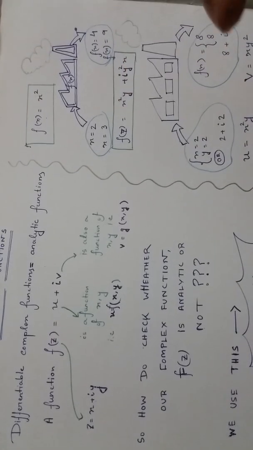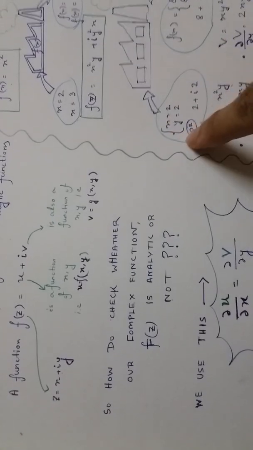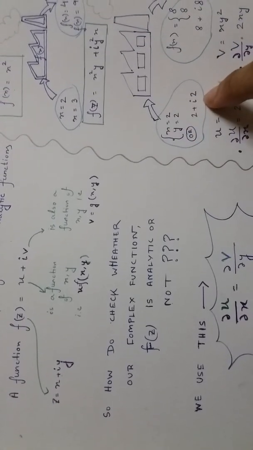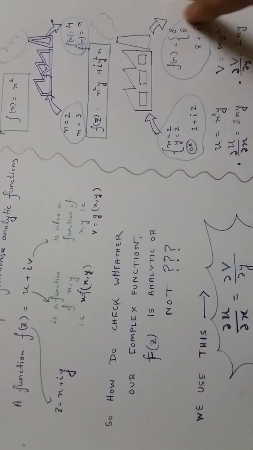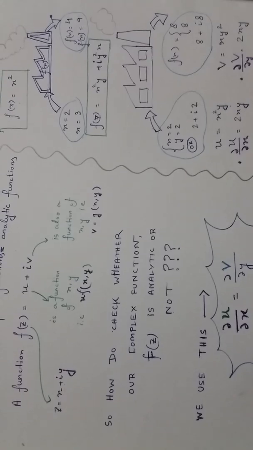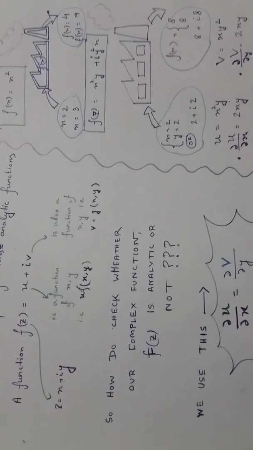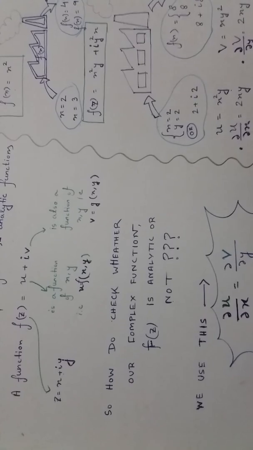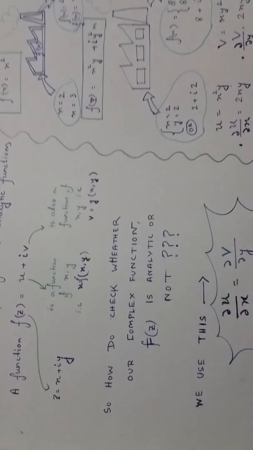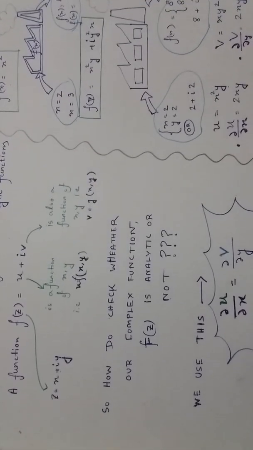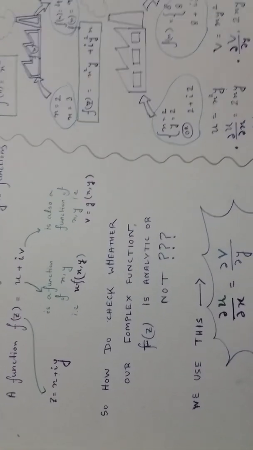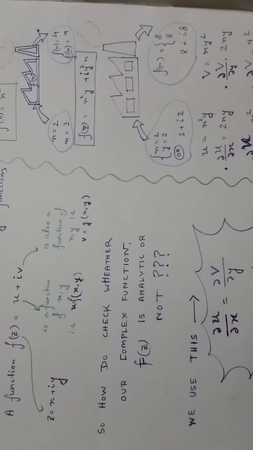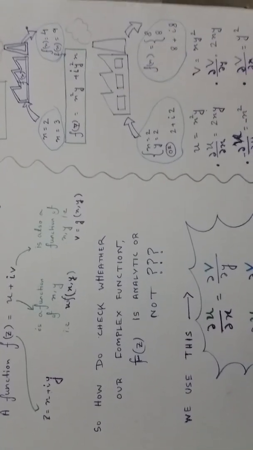So these functions are basically acting as a factory, right? In case of complex functions, the same thing happens. Basically, in case of complex functions, we give a complex input. As you can see here, I have given a complex input 2 + i2, and I am getting an output 8 + i8, which is also a complex number. That means a complex function is nothing but a complex number as a function of a complex number. That is, if you give a complex number as an input, then you will get a complex number as output. Okay, fine. So let us check the analyticity of this function, that is f(z) =